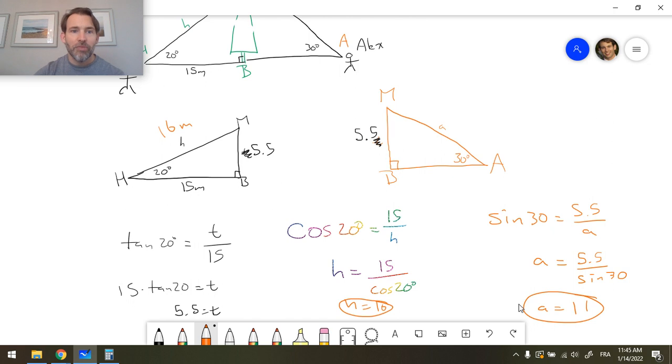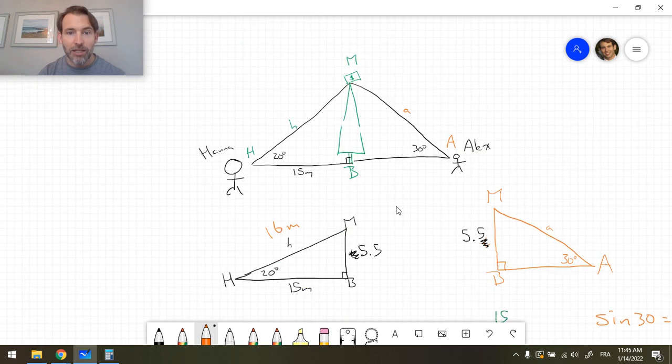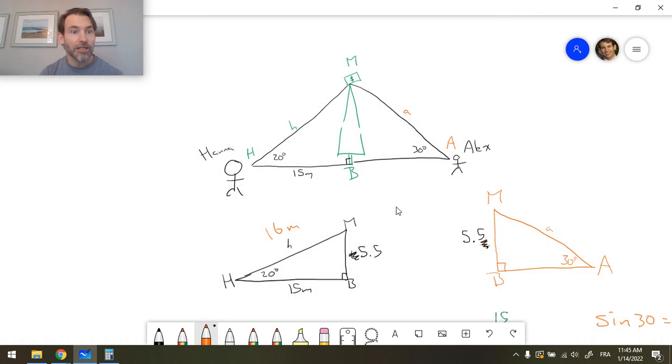And in the beginning, we said, how much closer is Alex than Hannah, given that they can both fly to the $1 million? Well, Alex is 16 minus 11, so that's 5. So he's 5 meters closer. Since this is 11 and this is 16, therefore, Alex is 5 meters closer, C-L-O-S-E-R, Mr. Jennings, than Hannah